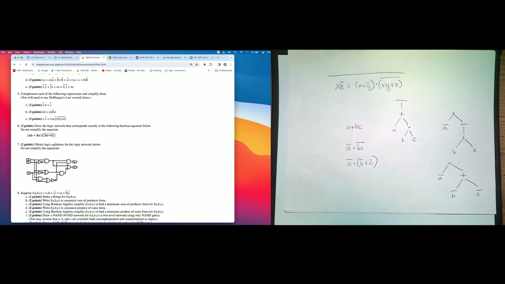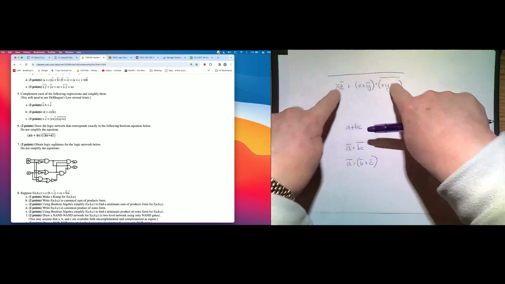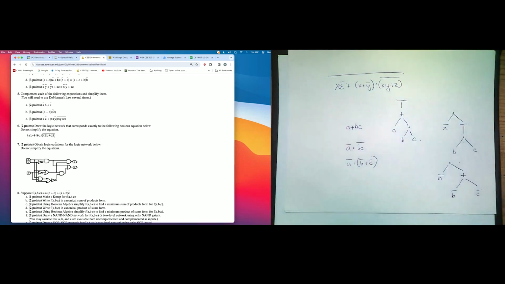Oh, so it goes in reverse order. Well, when you're evaluating the expression, you're going bottom up. You do the ANDs first. When you're distributing the complement, you're going top down. So the last thing that you would do here is this OR, so it's the first thing you do when you break up the complement. That makes so much more sense. Thank you so much. The tree really helps.